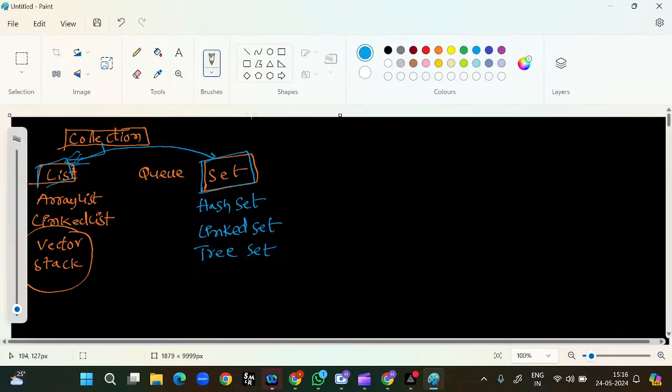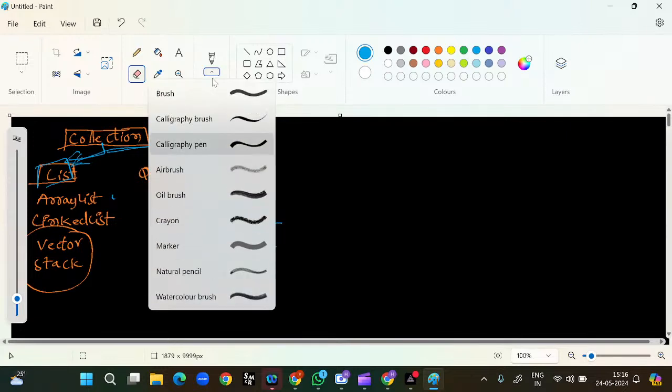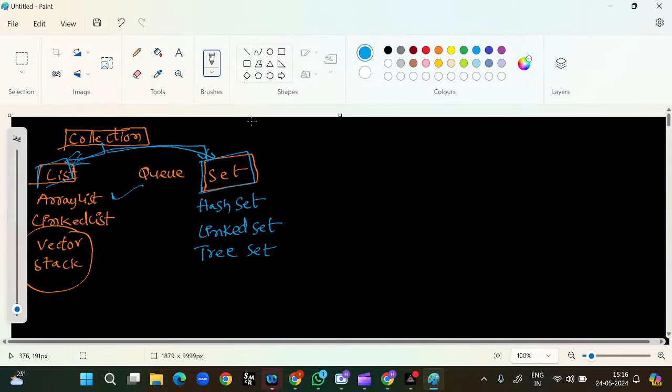In the last session we discussed List, ArrayList, LinkedList, Stack, and Vector. These four classes we have completed. Now today's scenario,